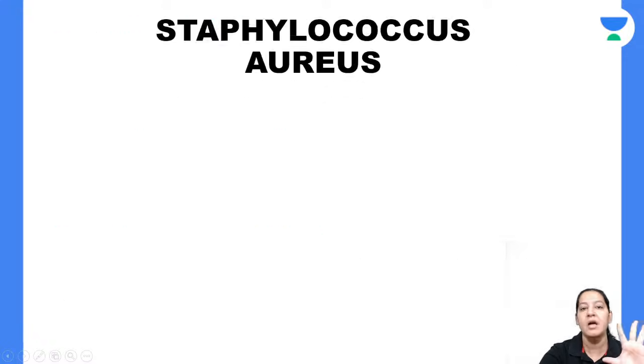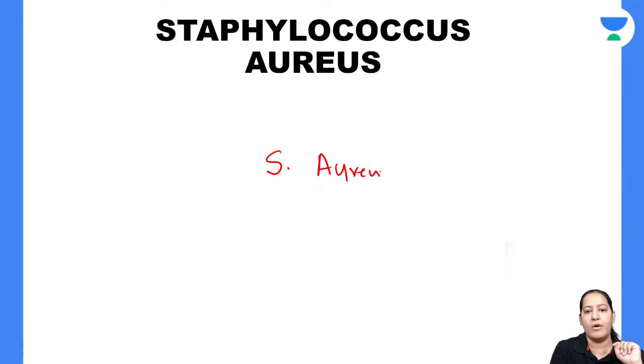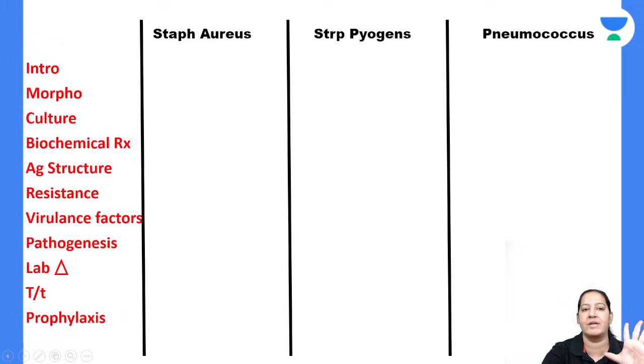That is the classification. After classification, let me teach you the main bacteria today, the hero today. The main bacteria in this family, Staphylococcus, is Staph aureus. So I'm going to teach you the next bacteria, Staph aureus, the most important one. Give me a thumbs up. So let me start with Staph aureus, the first bacteria.